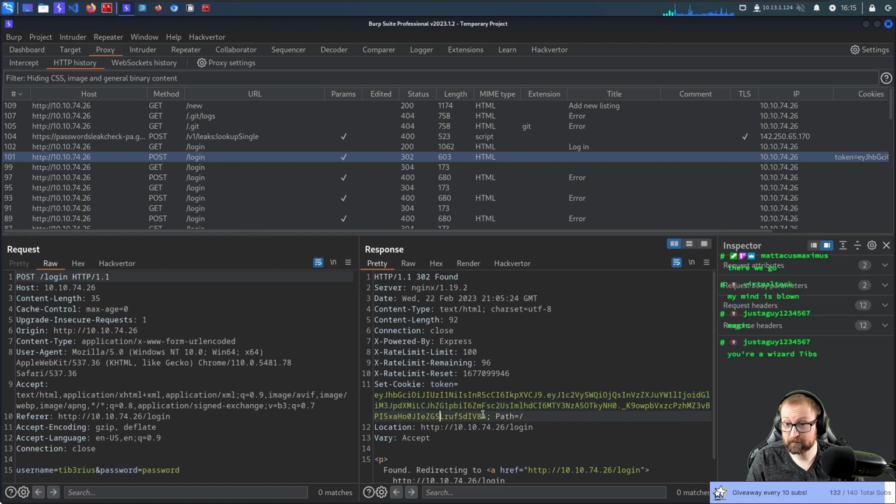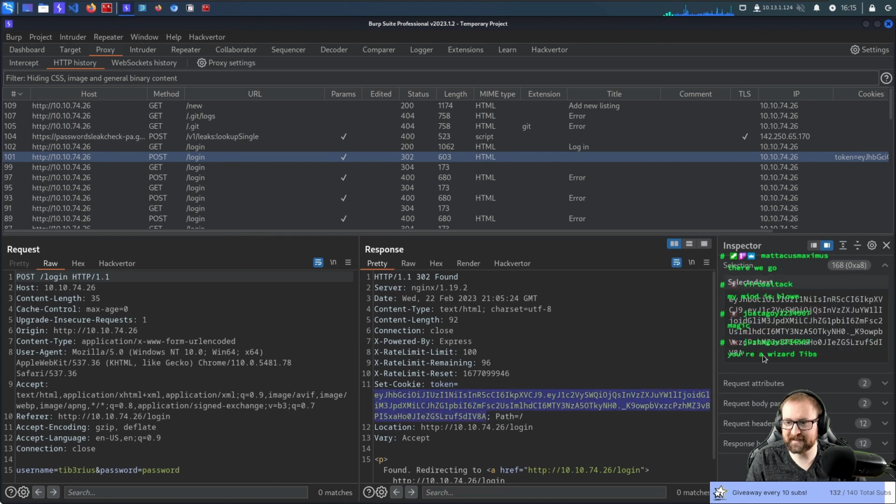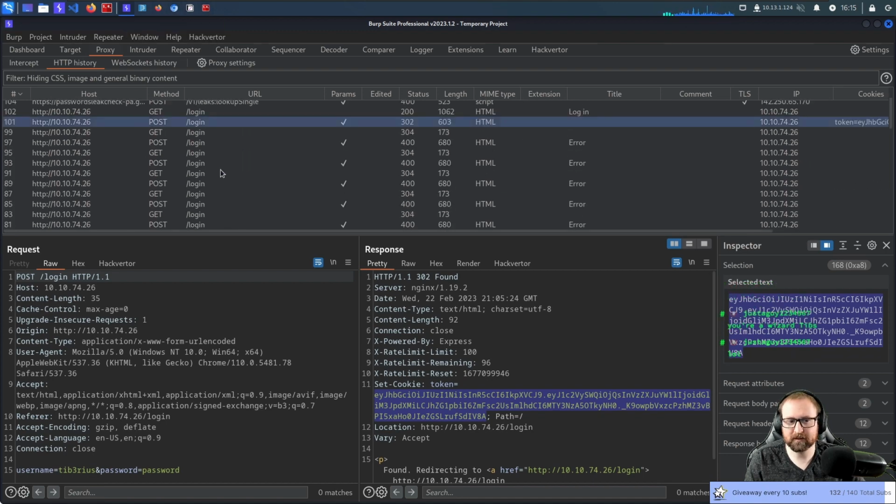Oh, well. Okay, well, we're going to see. I'm going to remember this JSON of it. We're probably going to do something with this. Let's just see if we can upload a PHP file. I have no idea if it is PHP though.